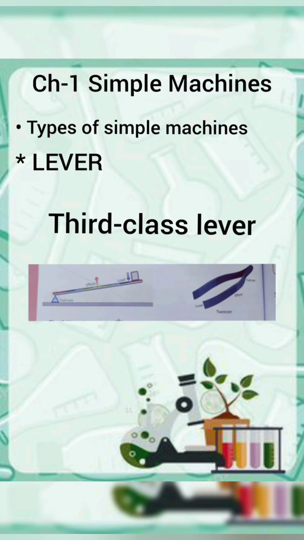Now the third and the last class lever. Okay. Levers in which the effort is located between the fulcrum and the load are called third class or class 3 levers. Here both the effort and load are in the same direction. Remember this. And some of the very common examples are stapler, a pair of tongs and tweezers.